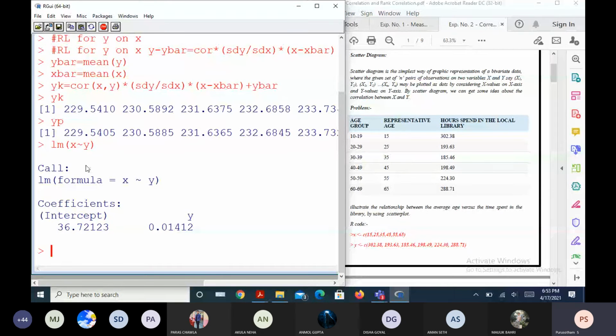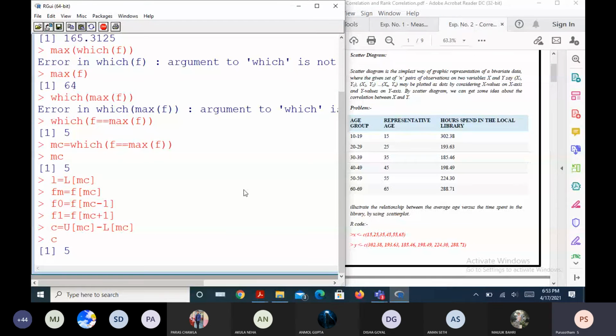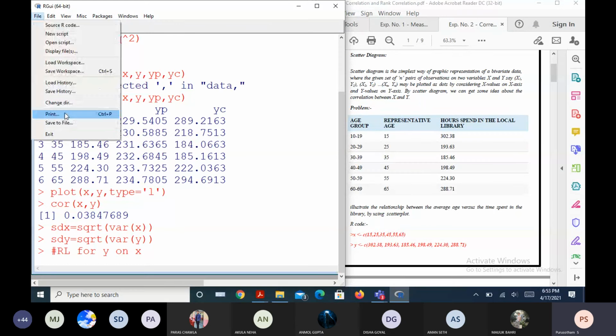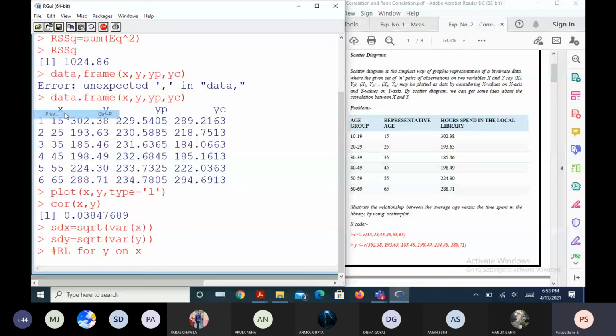Those who have successfully completed this, you do one thing: press Control A, or maybe go to File and the print option. Yeah, Control P. Add in the last row your registration number, then add your name.